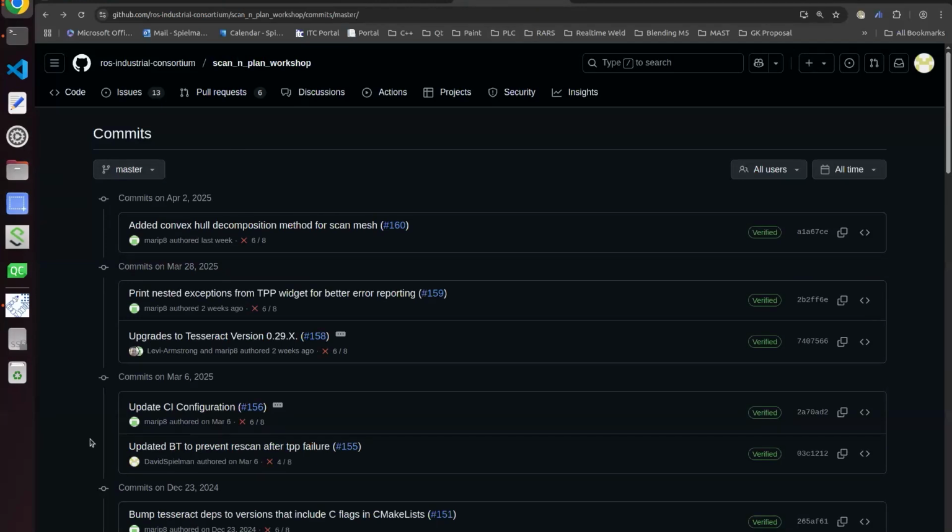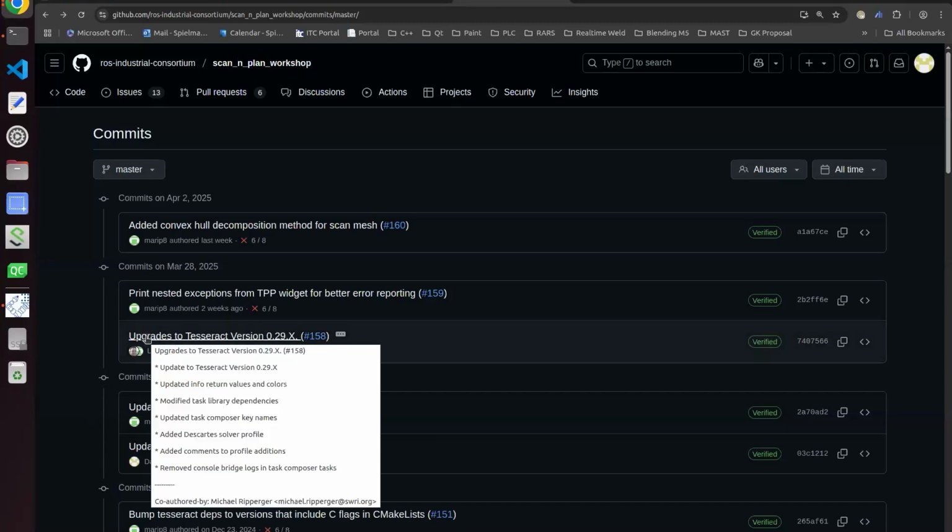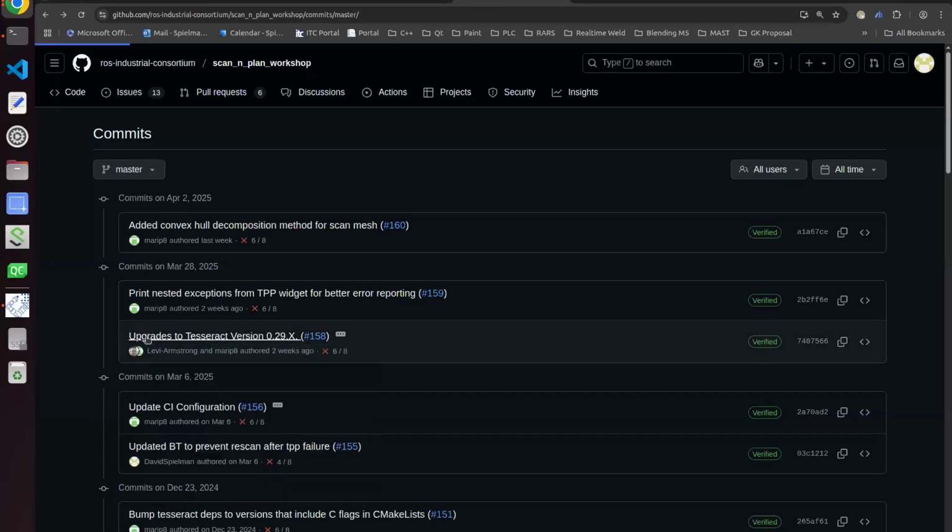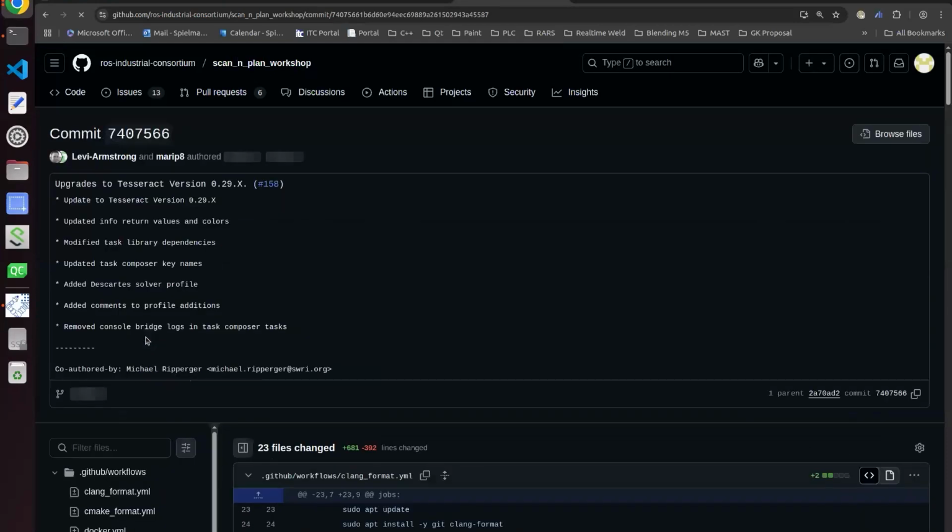And so here we've modified the logic so that if a toolpath fails to load or fails to be generated, it will kick you back to ask you to just regenerate the toolpath. So this should help with that sort of annoyance and that time that you would spend rescanning when you already have a scan.